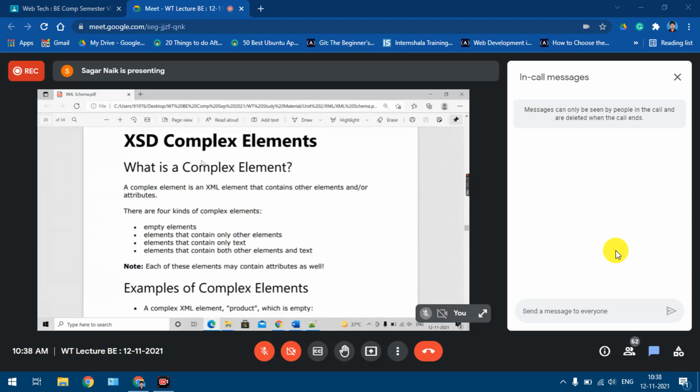Understood now? So now we are done with XML, DTD, and schema. Almost I'll be finishing. At least I need one more lecture for schema. Fine. In the schema, the majority of the elements will be complex elements. And which were the four categories I had explained to you all? Which were the four categories of complex elements in XML?